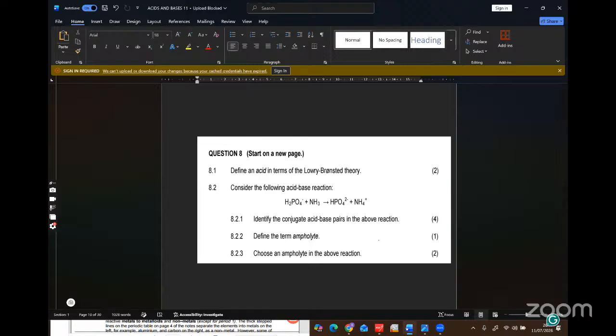Okay, this one says define an acid in terms of the Bronsted-Lowry theory or Lowry-Bronsted theory. So you say an acid is a proton donor. Now this one says consider the following acid-base reactions. You have this kind of reactions here. And it says identify the conjugate acid-base pairs in